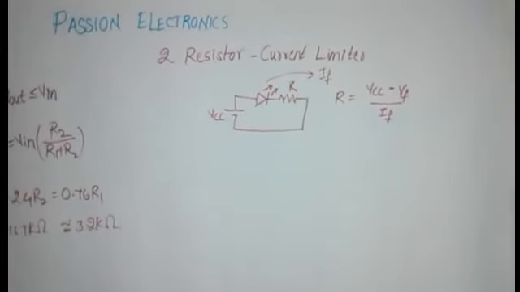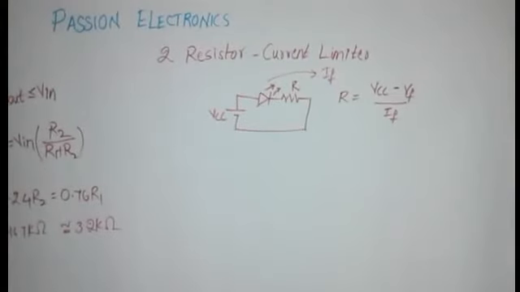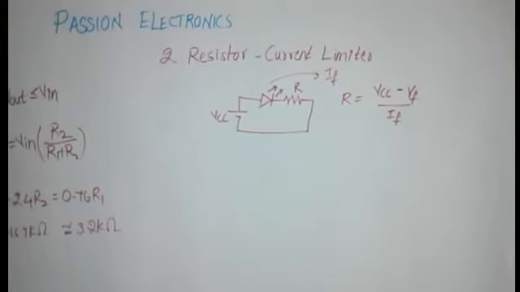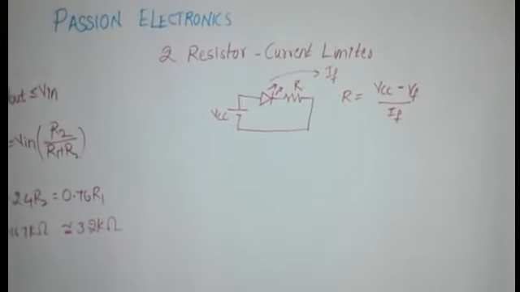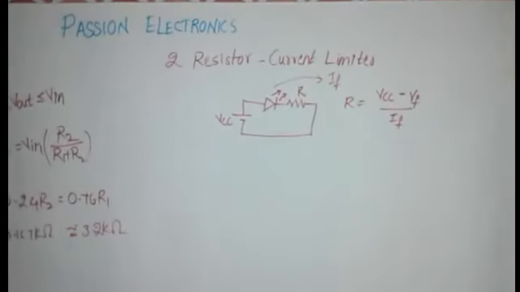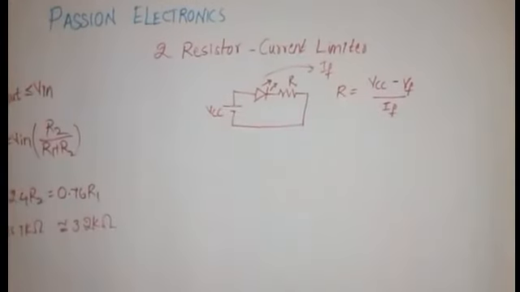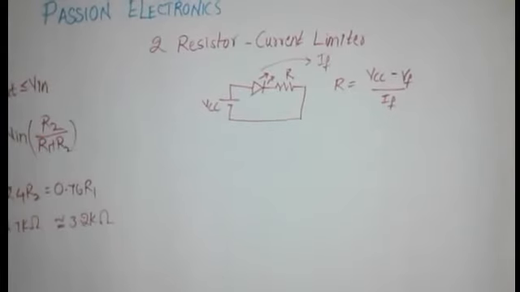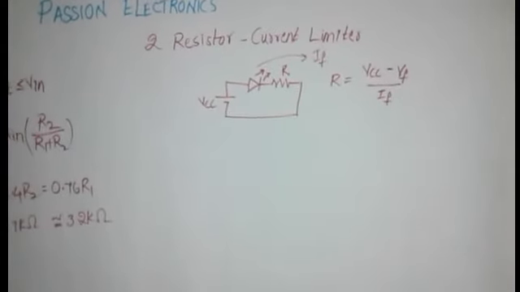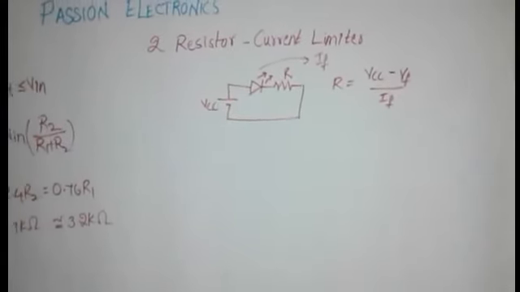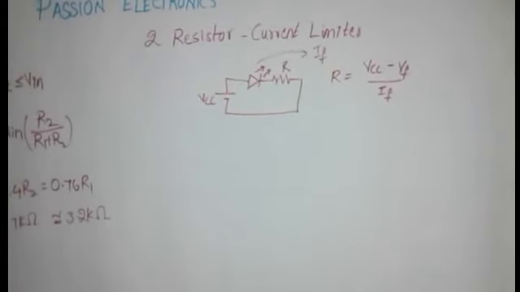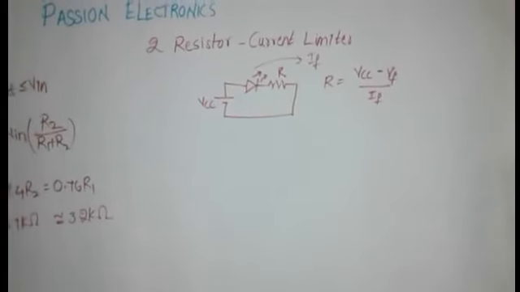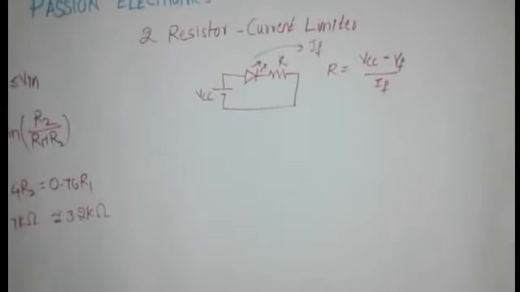So we must ensure that the maximum current through the device is the current limiting factor IF. Say that the current limiting factor for this LED is IF, and we all know that the LED starts to glow only when the voltage across the LED reaches a minimum value called the forward voltage VF. So we must carefully choose the value of resistor R in this circuit,